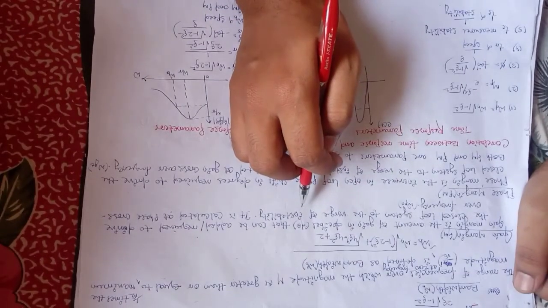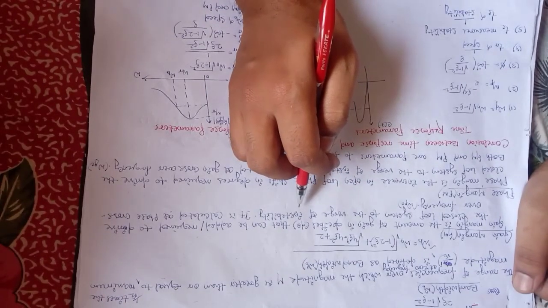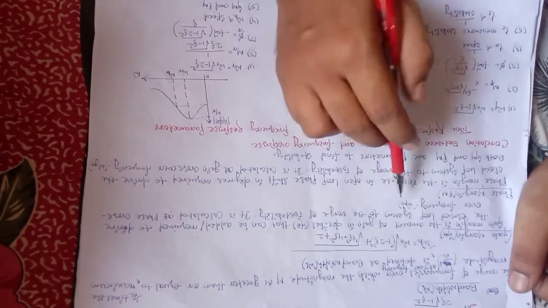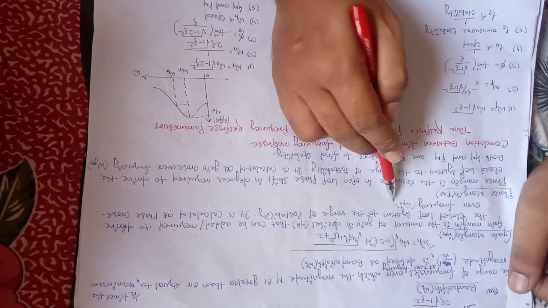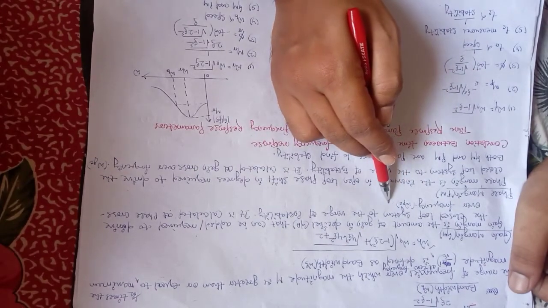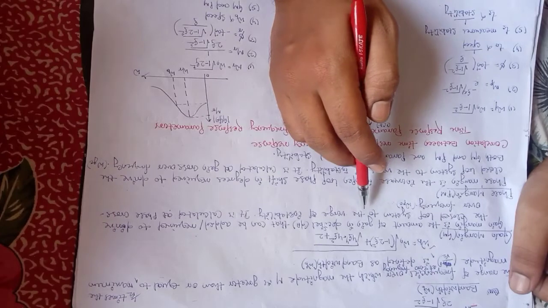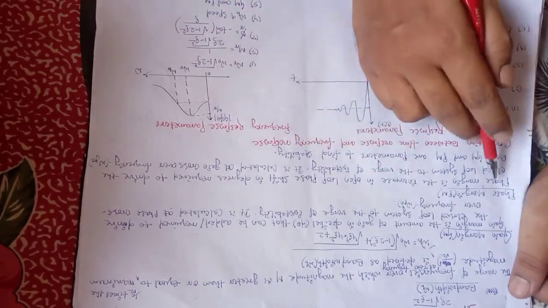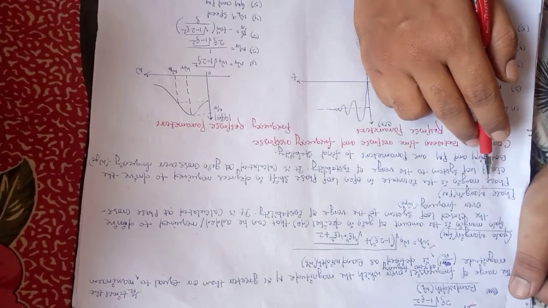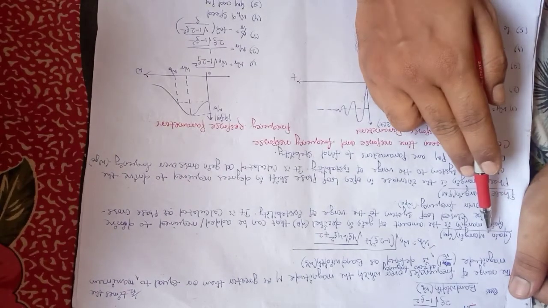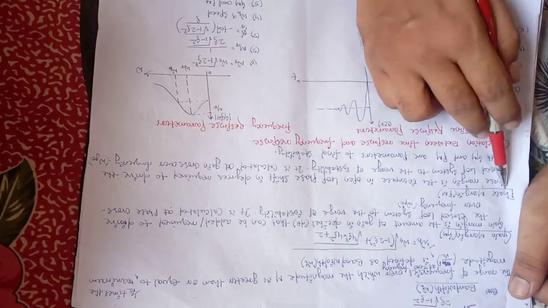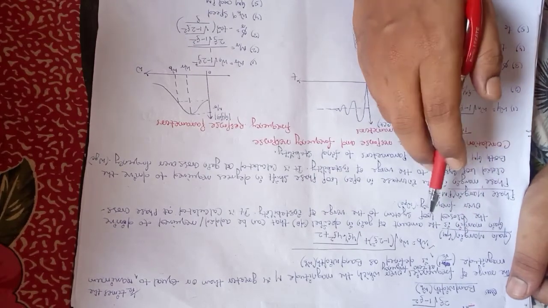And one thing we will see, the gain margin is always calculated at the phase crossover frequency. So what is phase crossover frequency? The frequency at which the phase is 180 degrees is called the phase crossover frequency. Then the next term is phase margin. Here with gain, it is the extra gain required to make the system unstable. Similarly, the extra phase that is required to make the system unstable is called phase margin.